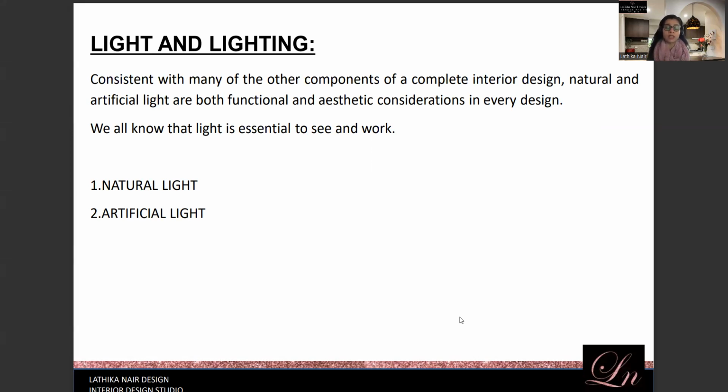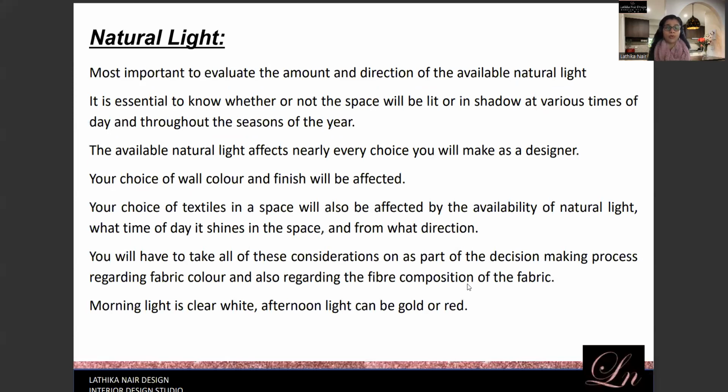Now, with natural light, you do have a lot of limitations as well, because when it comes to natural light, you need to evaluate the amount and the direction of light. This is something that's already there and we cannot change it once we are within the space. So this actually comes in early on when you're designing. When you're working with your architects, usually at the start, they are involved, because how they orient your building, how the certain rooms are placed, how the windows are positioned, all that affects the natural light that you get within the space.